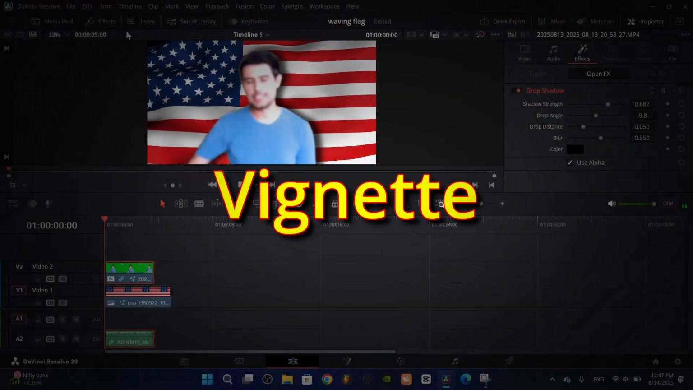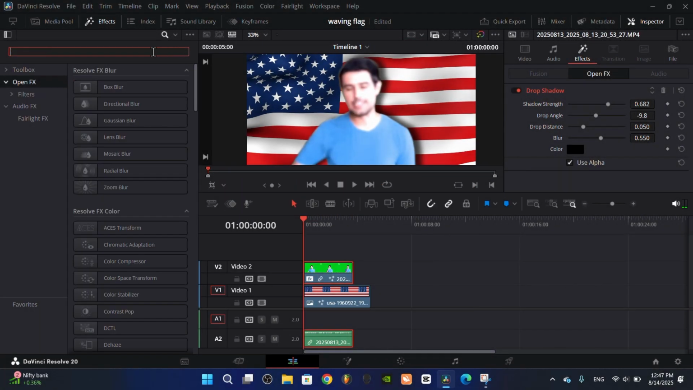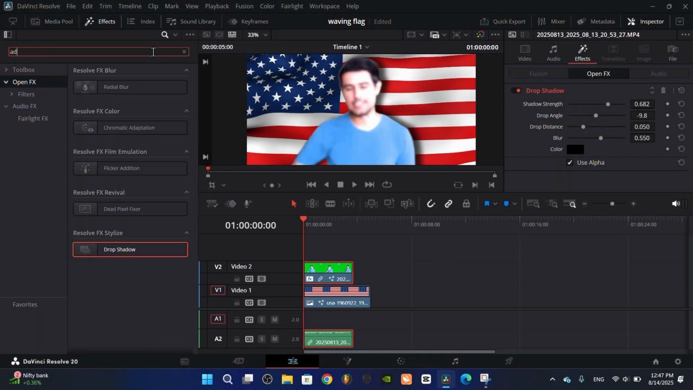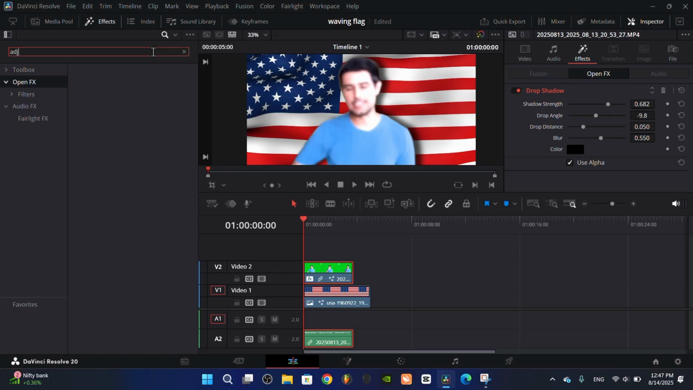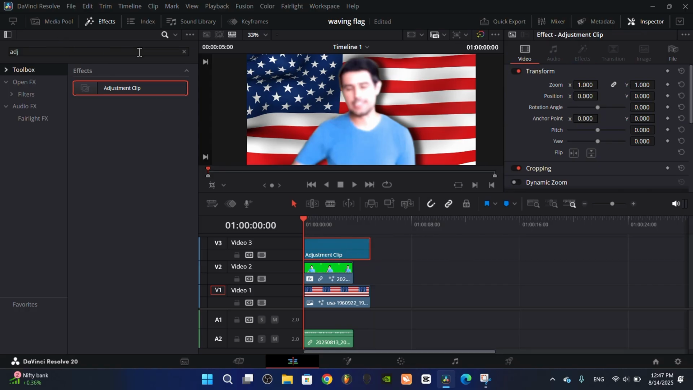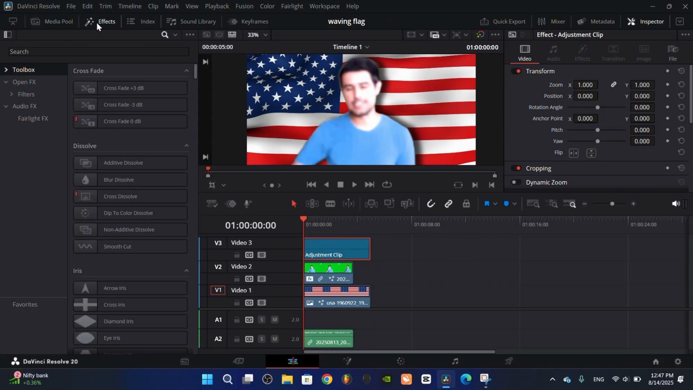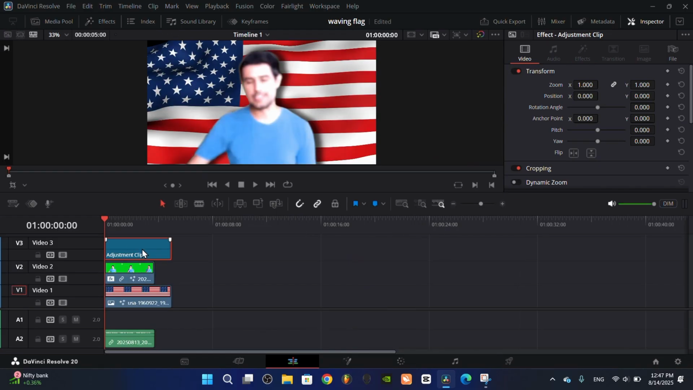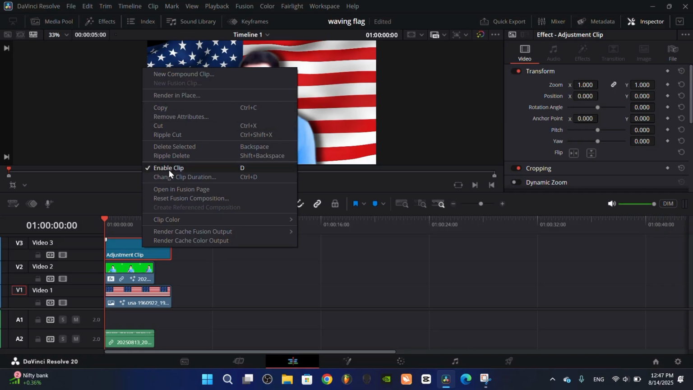If you want to add vignette on the entire clip, you can add an adjustment clip on top of our clips. Just search and add adjustment clip. Now if we add any effect on this adjustment clip, it will be added to all the clips which are under the adjustment clip. So open this adjustment clip in Fusion page